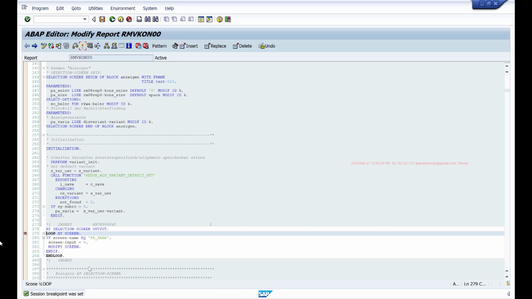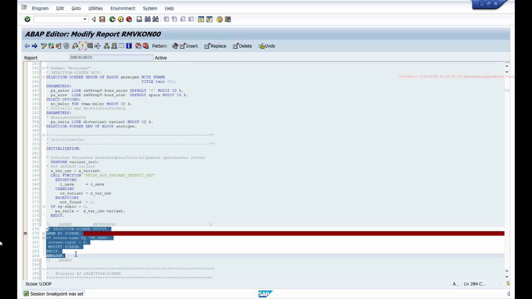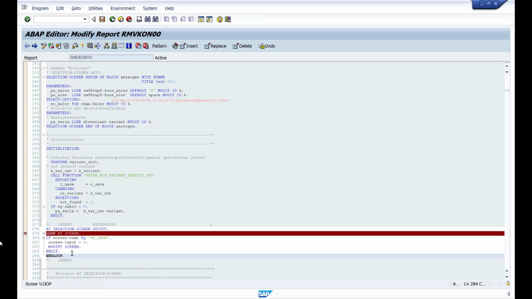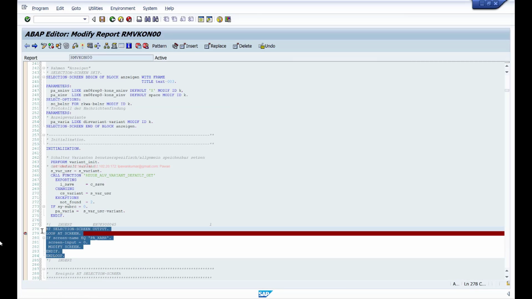And if SAP releases a new update for this program in future, and if you are implementing that update, then these changes will be lost. So after updating, again I have to come back and rewrite this code. So I have to again come and paste it here, because this code will not be available after the update. So that's the drawback of modification. But if you want to insert any code, you can do it this way. And if you want to delete the code, you can simply either comment it out or delete it and activate.